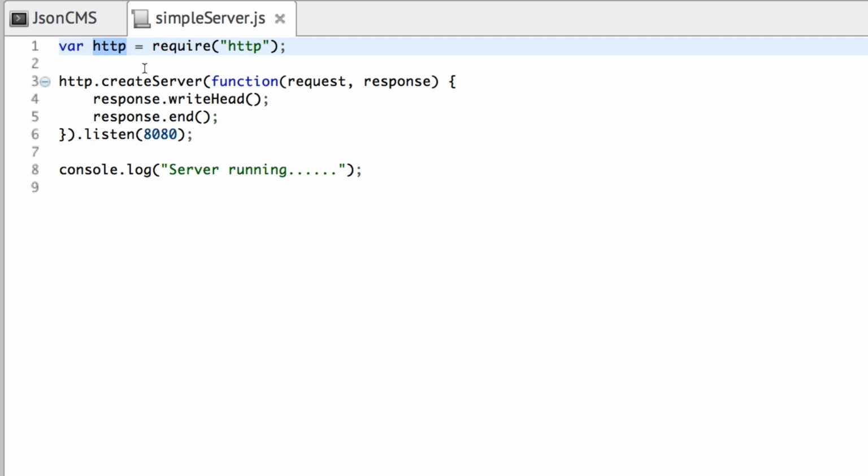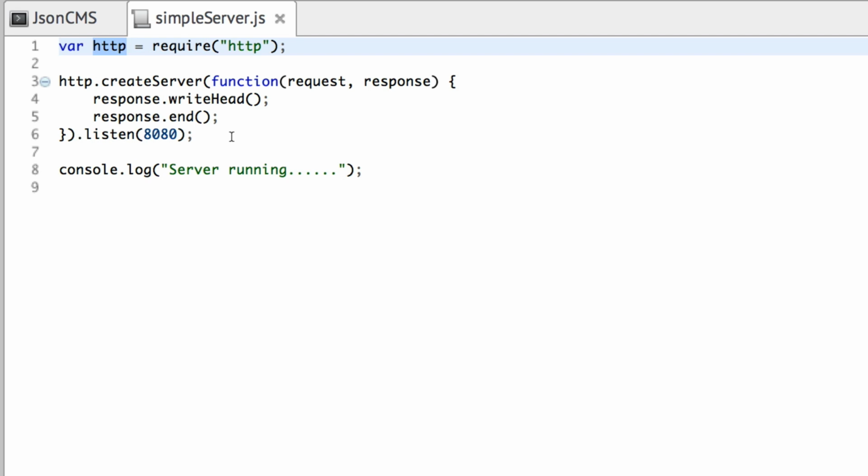This HTTP module is from Node's API. As I've already shown you where we get this Node API, I'll be posting the links below in the description section, so please check it out. Now we're going to work through many examples throughout this video series